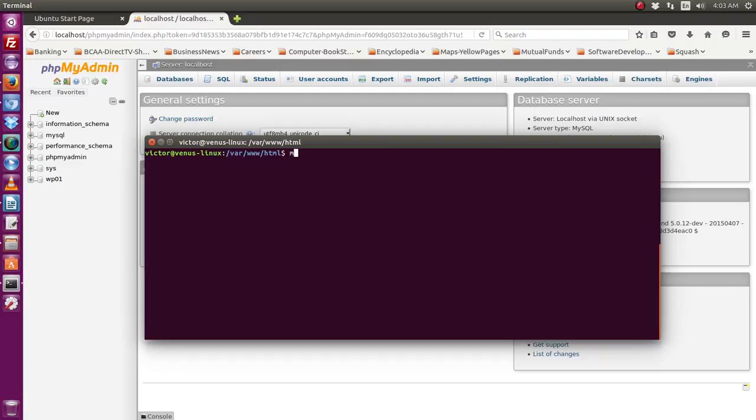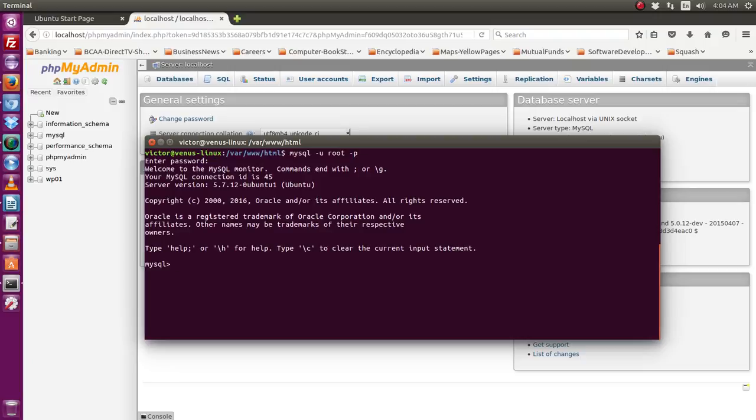So we're going to say MySQL, login as root, and ask for a password. Password is MySQL root password, and we're inside. We're going to create a database called dr01 for Drupal, create user dr01admin,